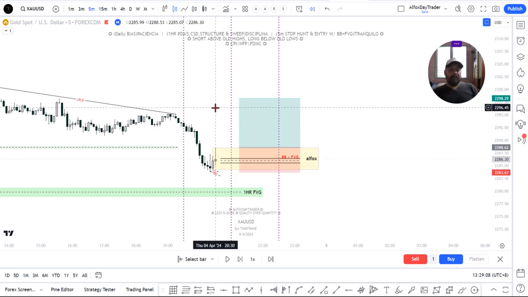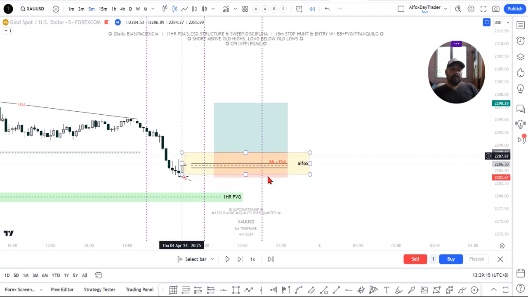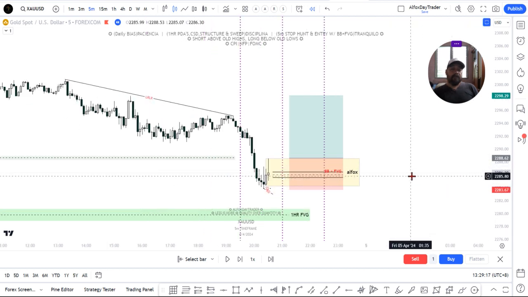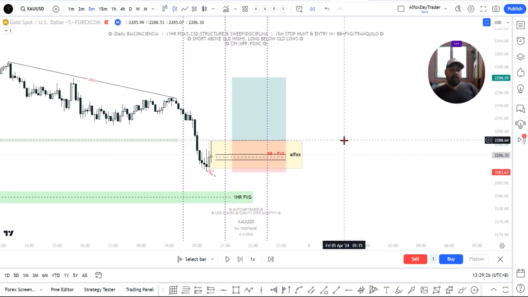See that? At exactly 8:30, this candle, it formed our breaker block. And as you can see, price broke our higher time frame PDA, this 1 hour FVG. So now I mark my breaker block here,